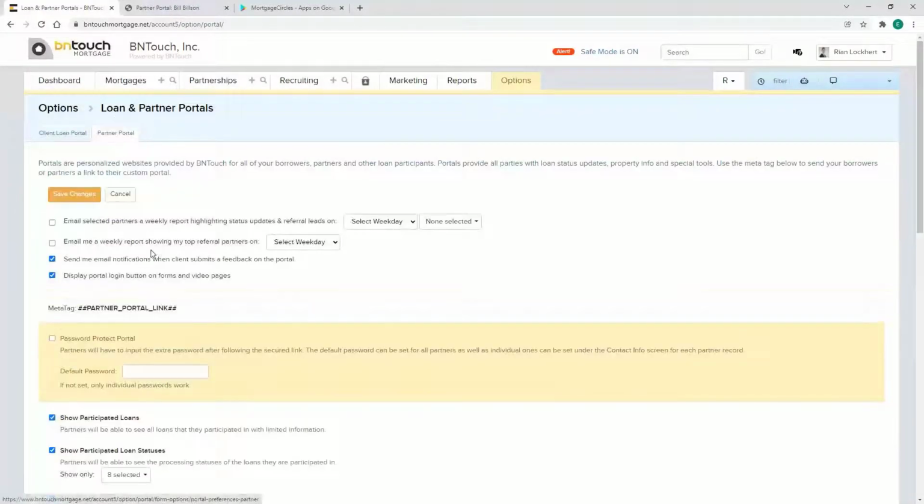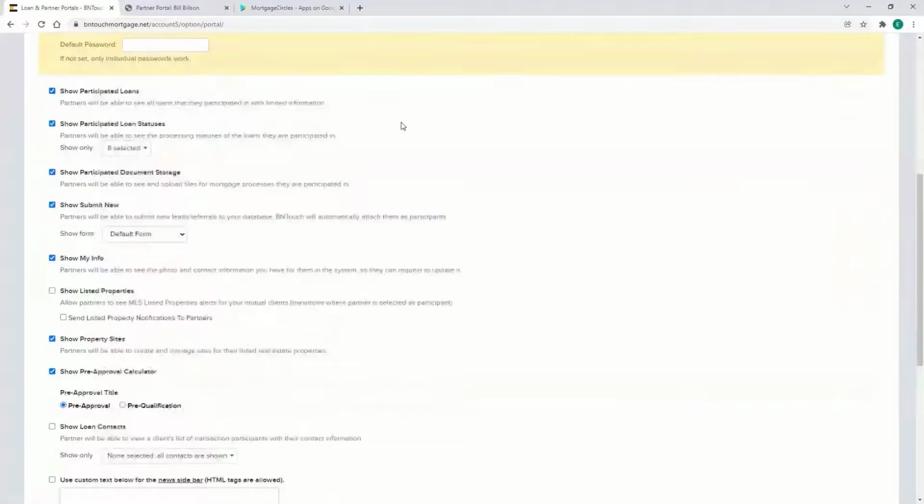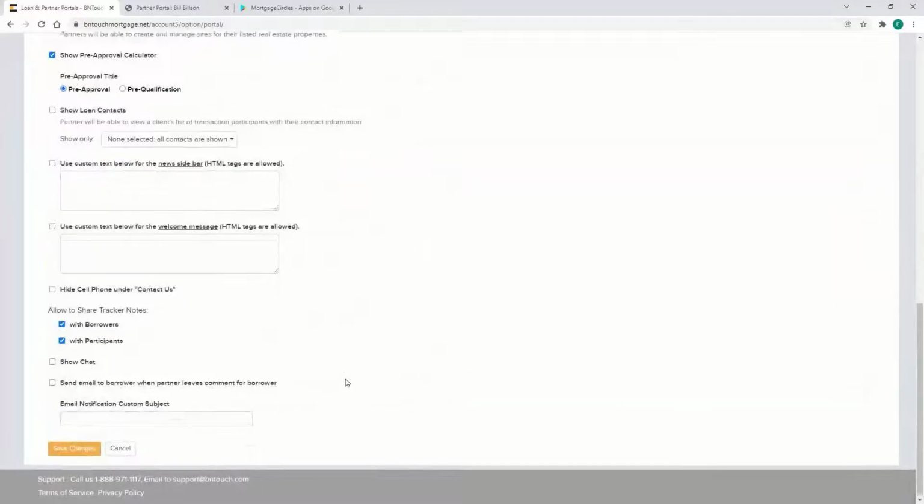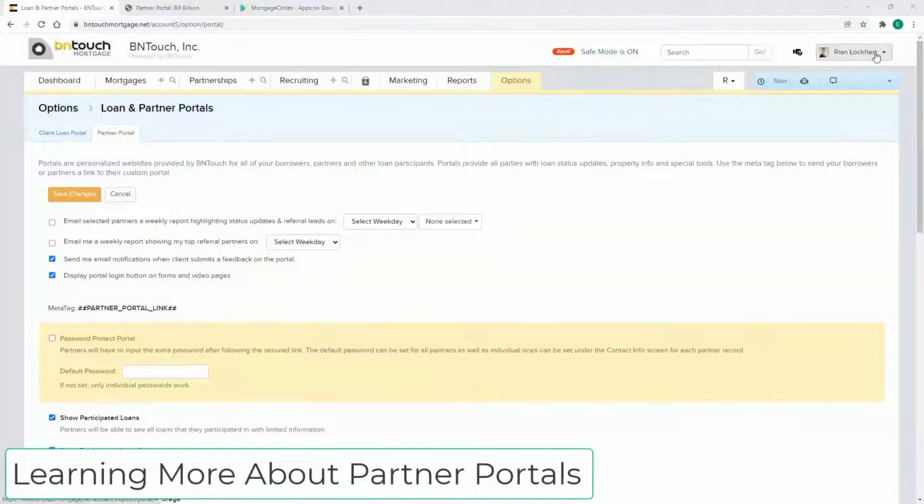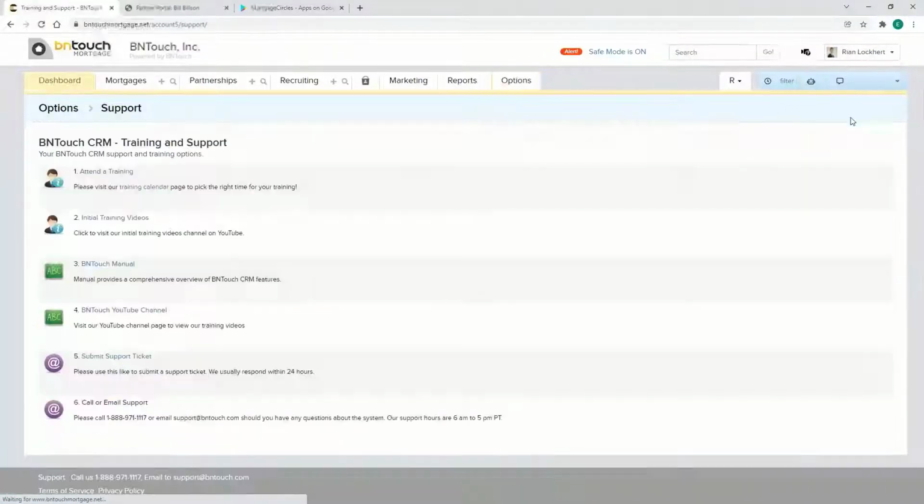As far as the view goes, you should have that option in the partner portal section. So all of these is items. As far as training goes, your best bet is clicking the name at the top right, and then training and